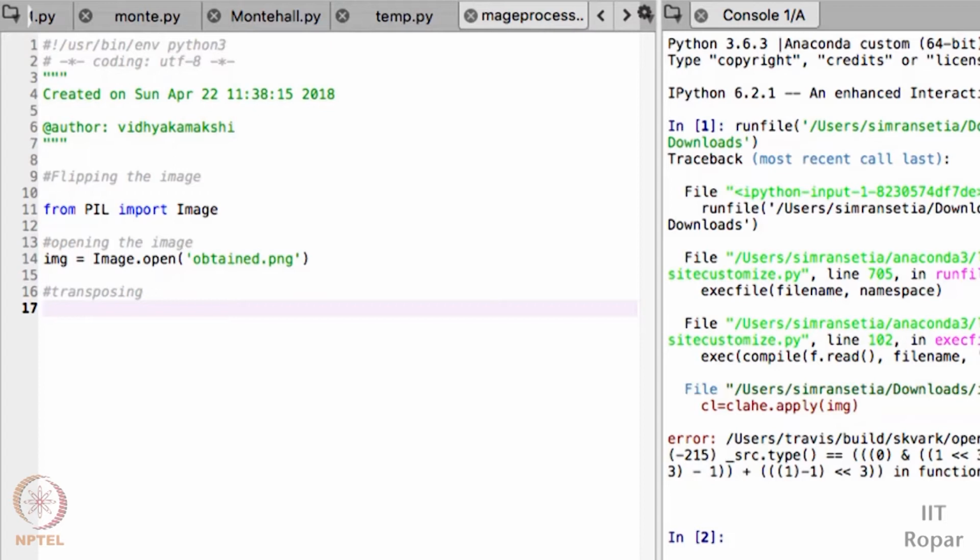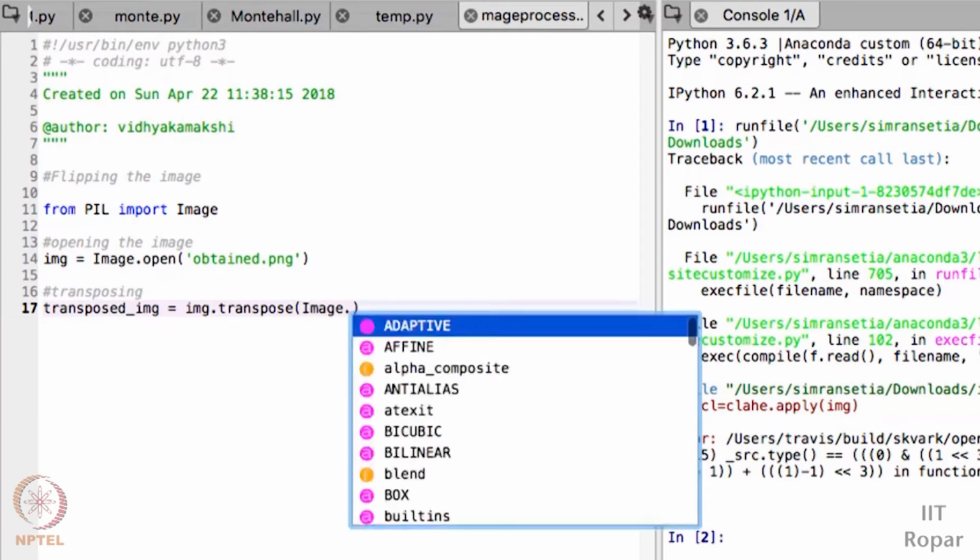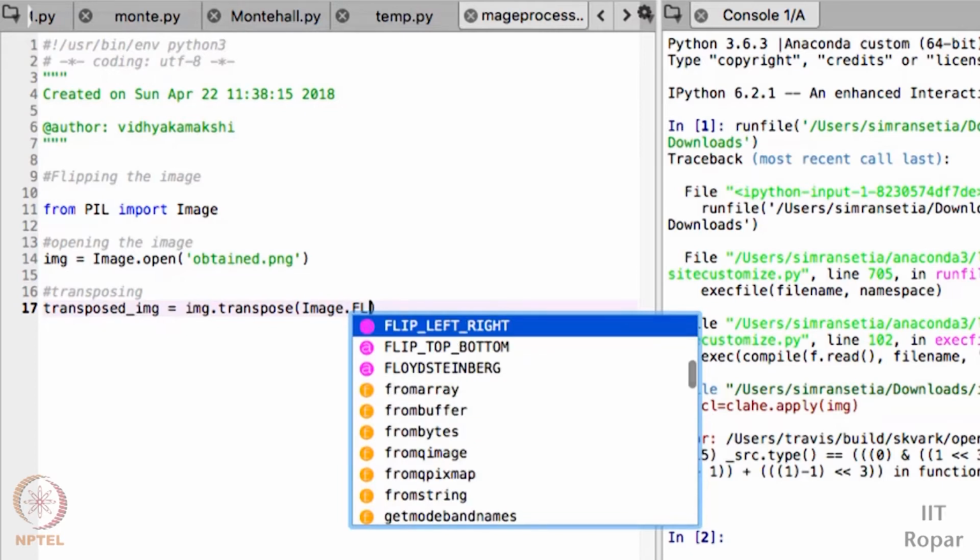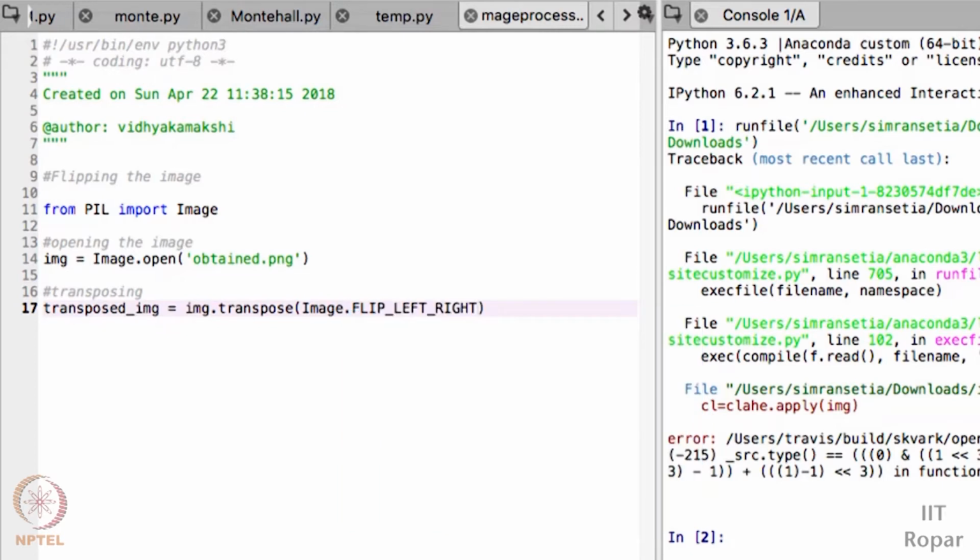How will we do that? Let's see. This is our matrix object of the transposed image. So let me call this transposed_img. This is nothing but img.transpose. This is a predefined function. The parameter is Image.FLIP_LEFT_RIGHT, which is a predefined parameter.